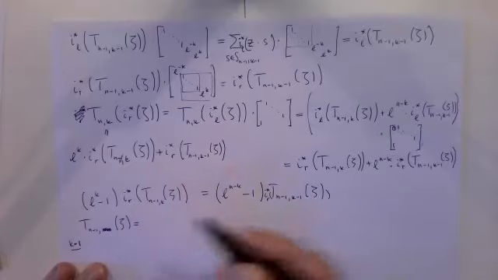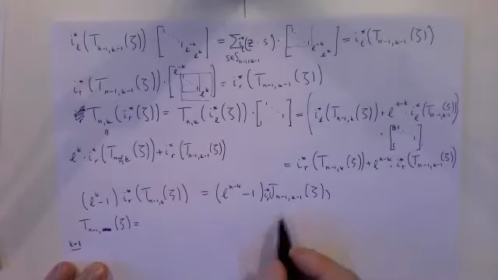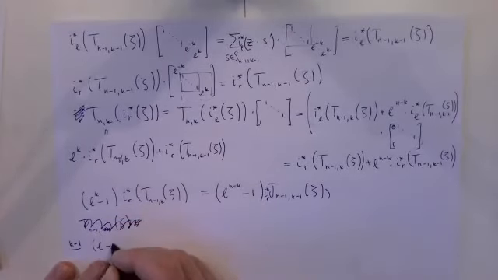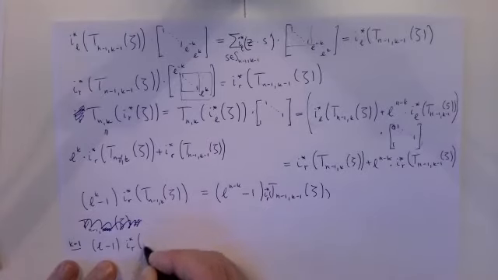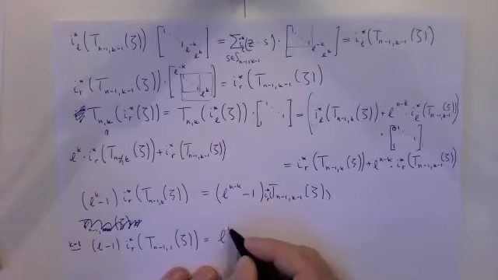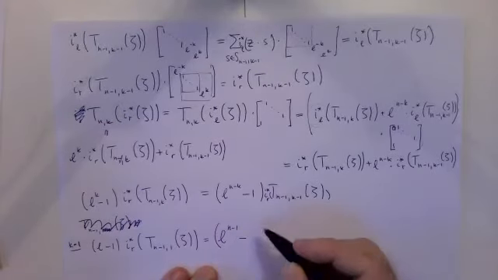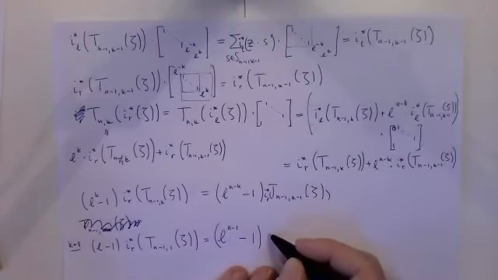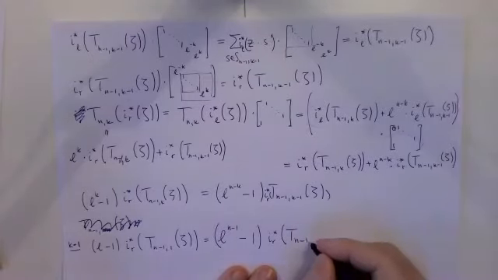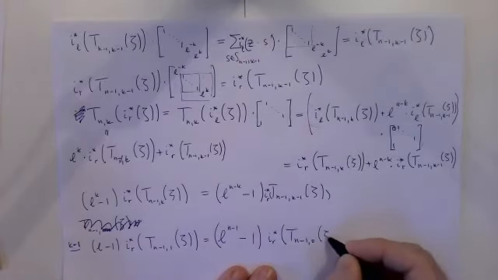So then we get, what do we get? We get the equation L minus 1 T_{n-1,1} zeta is equal to L^{n-1} minus 1 times T_{n-1,0} of zeta,